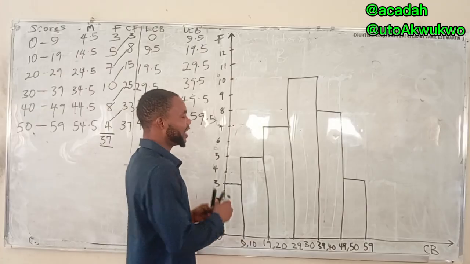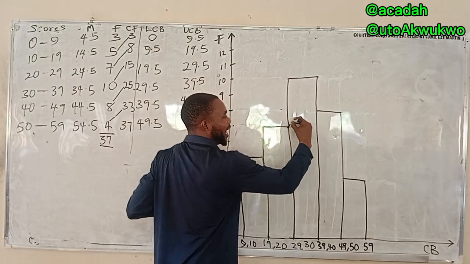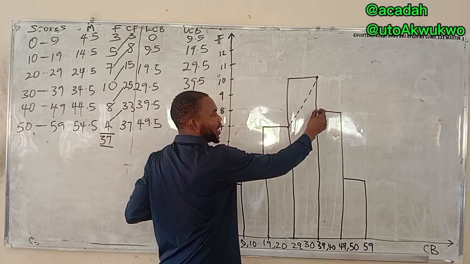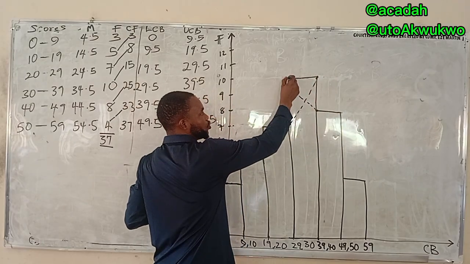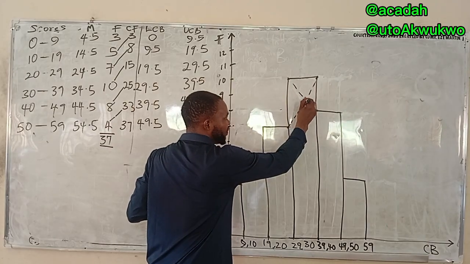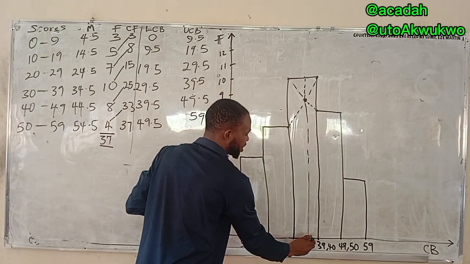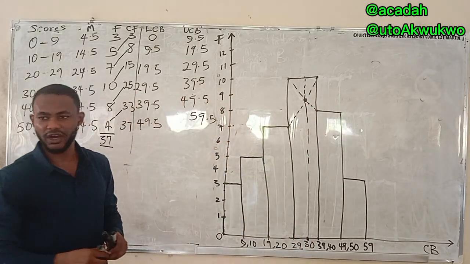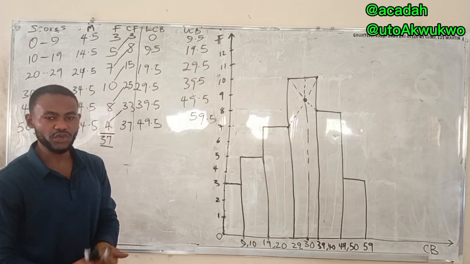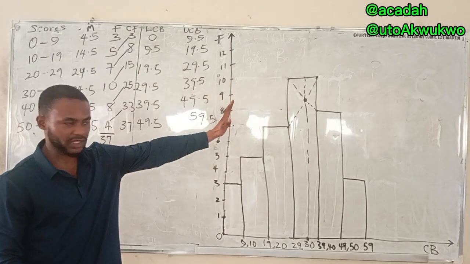So to find mode, simply come here, to the class before it. Draw a line to touch this, that is to locate the diagonal. From here, the other one to touch this, put the diagonal inside. The point of intersection, if I project this down, any point it meets here on your graph notebook, that is the mode. So when they ask you, using a histogram, find mode, this is how to go about it.